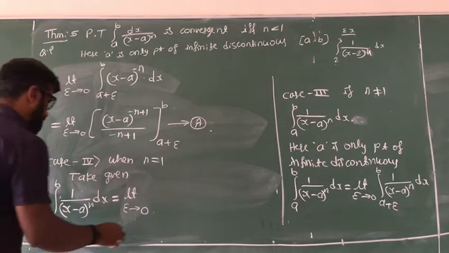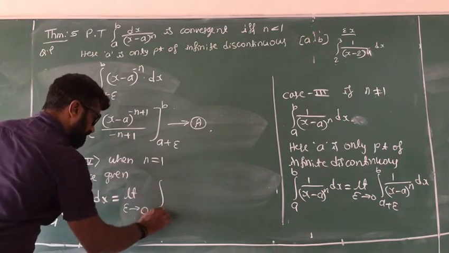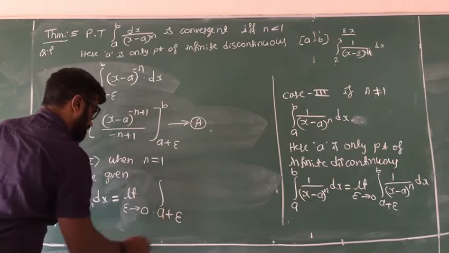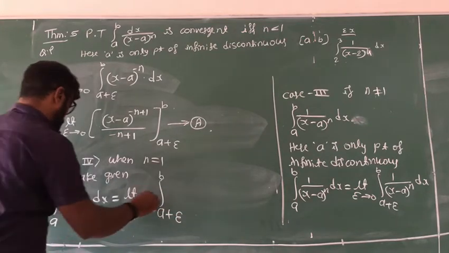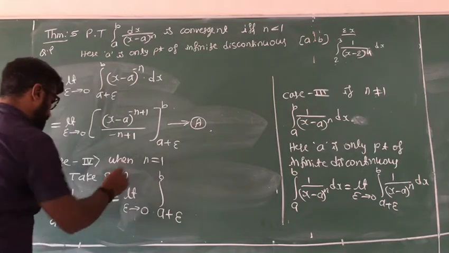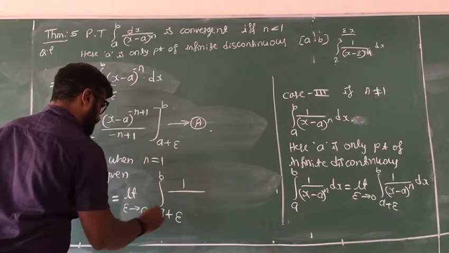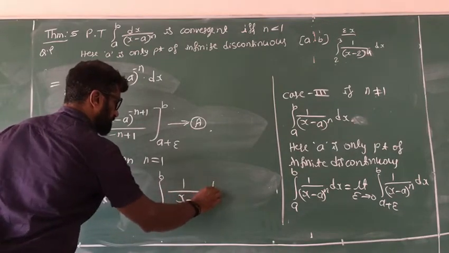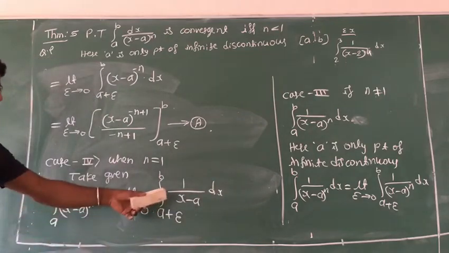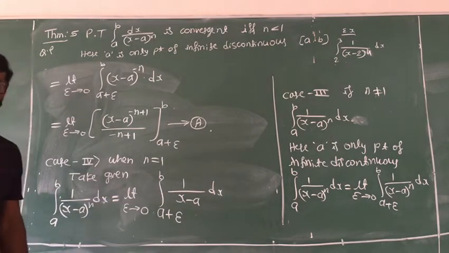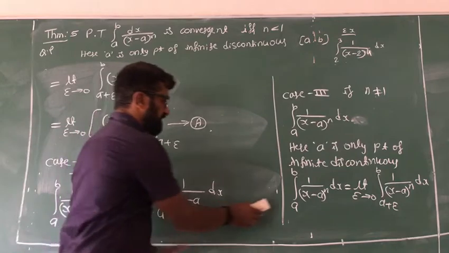Epsilon tends to 0. Integration of a plus epsilon to b, when n is equal to 1, of 1 divided by x minus a into dx. Now integration of 1 divided by x minus a means it is log. So I can write it